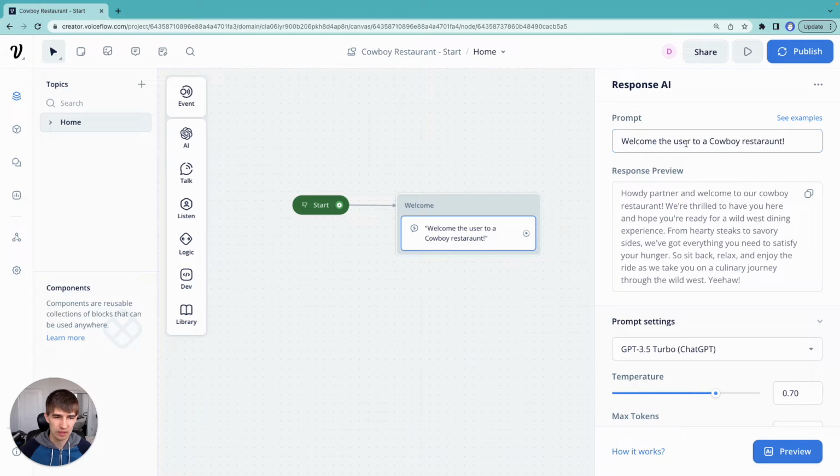So what we can say here is we have some generic task of welcoming the user to a restaurant. We can remove the cowboy portion here. Now, how do we tell the assistant that we want them to embody a cowboy? What we can do is create a persona. So in our prompt, we can add, you are